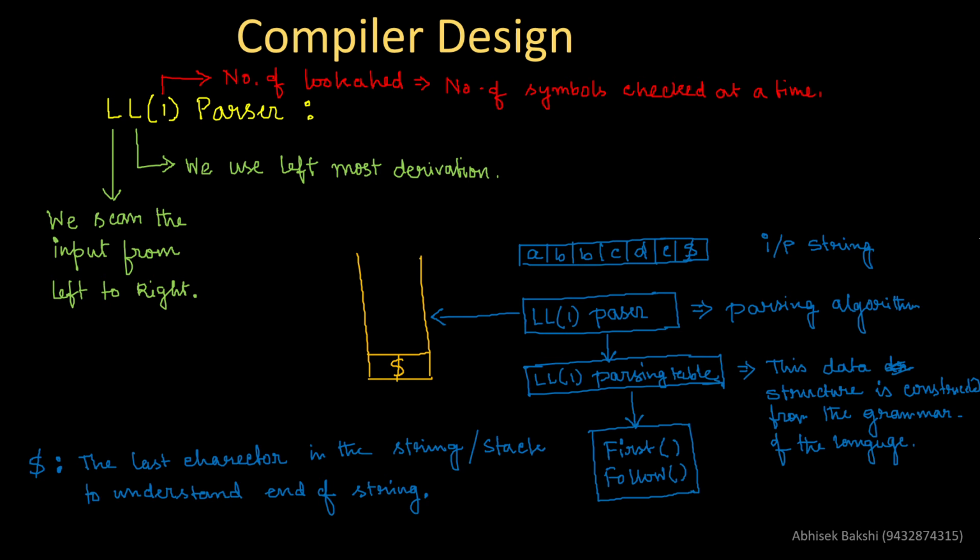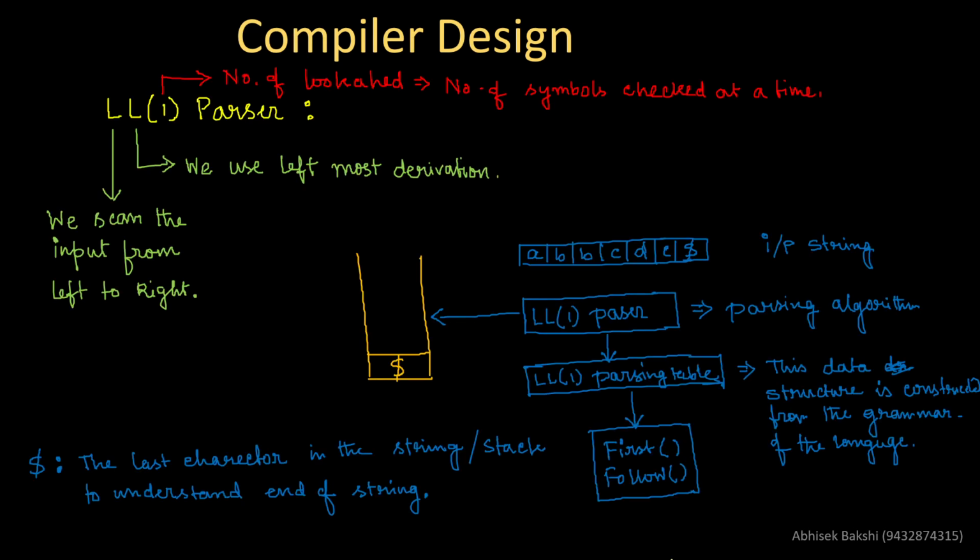So we have basically seen how this LL1 parsing table works, and what the basic components of an LL1 parser are, and we have to understand First and Follow. Remember, this First and Follow definitely works on some grammar, because we have seen that this data structure is generated from this grammar. That means for an LL1 parser, First and Follow works on some grammar. Now to realize this,